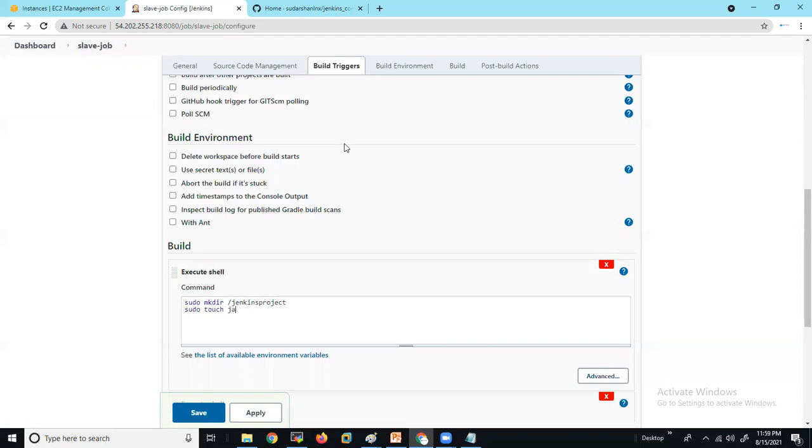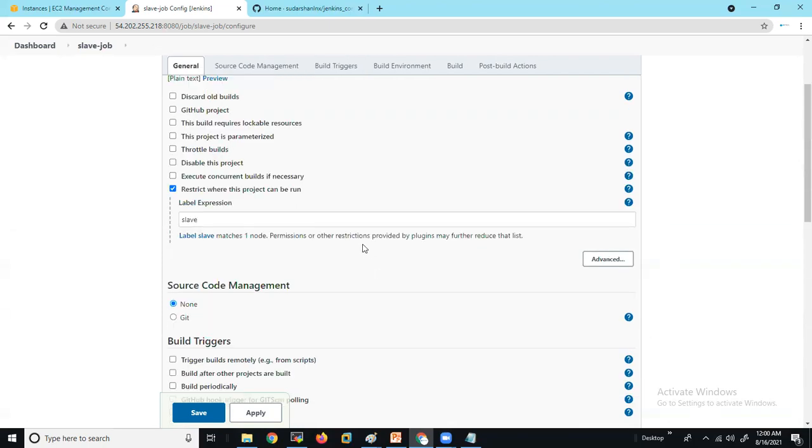Using this command, we are going to create Java files 1 to 100. Now we are going to copy the 100 files to Java start2 / Jenkins project. And we can use other commands also, like df -h to see the disk space.